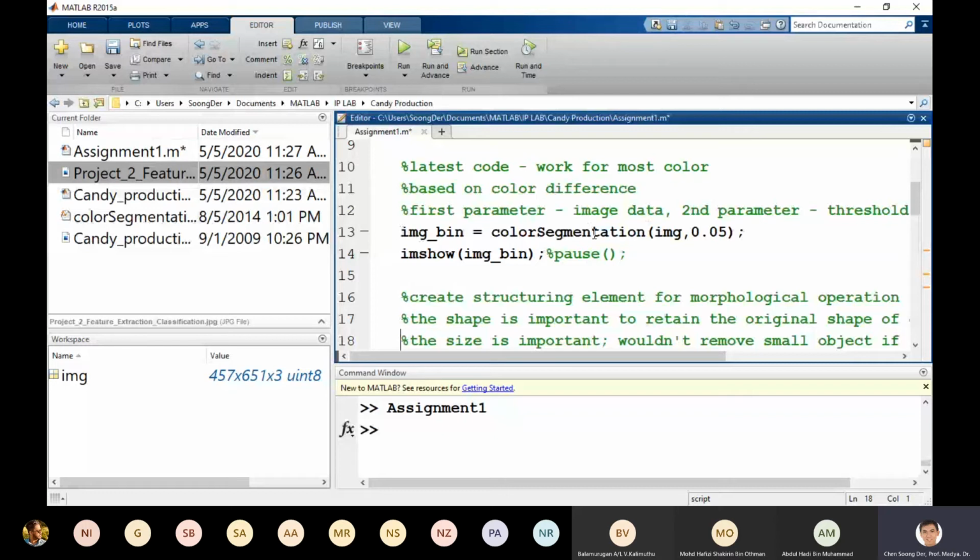13 is the one where we do segmentation, but always remember after that we need to